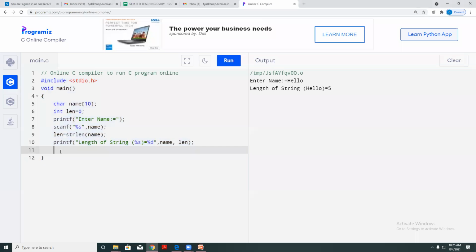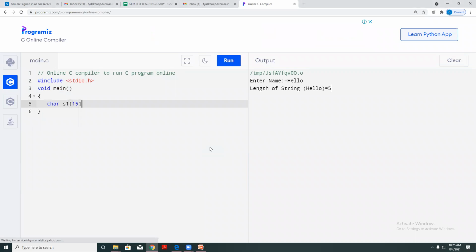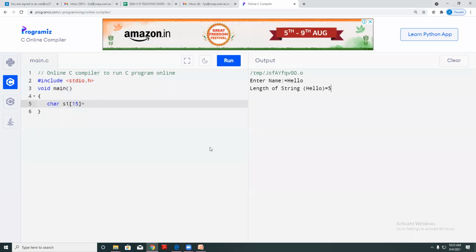So I will here take two values again. char s1, let's say s1 is my first string, which is of length, it may be like 15, is equal to, so I will pass the value as computer.